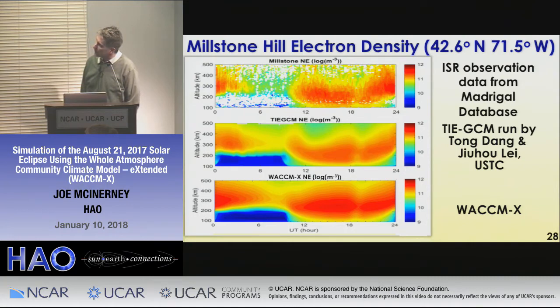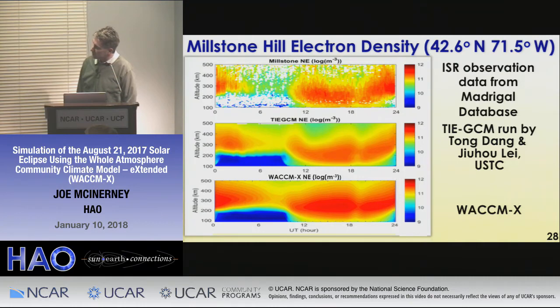The top is the Millstone Hill incoherent scatter radar observations. The middle is a high-resolution run of TIE-GCM by Tong and Zhu at USTC, and the bottom is our WACCM-X. You can see that not only do we get the daily variability of the electron density on the day of the eclipse, we both see a bite out